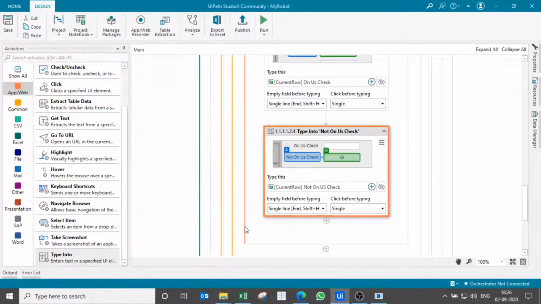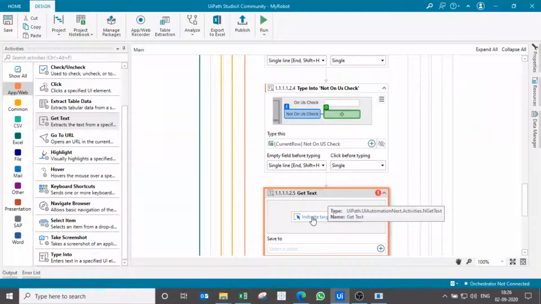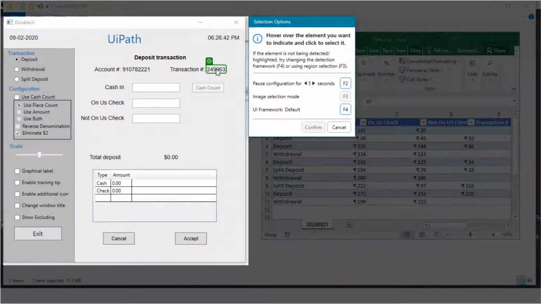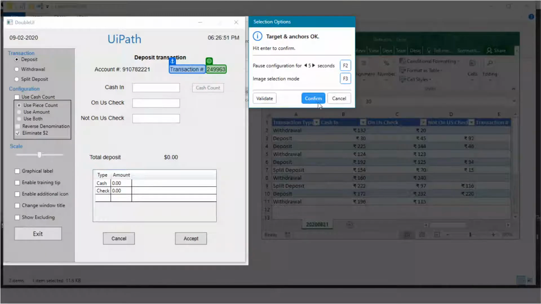Okay, so we will have a get text. So get text, let us have a target. Now we want this. Also we would have an anchor. This is the anchor.